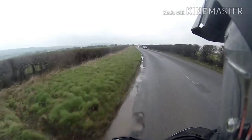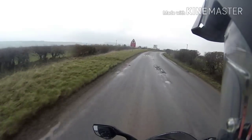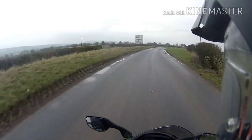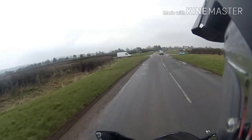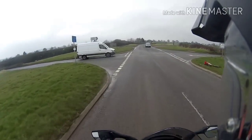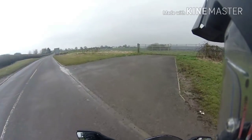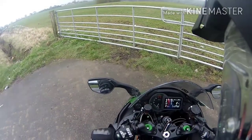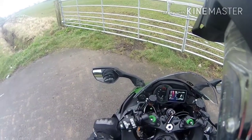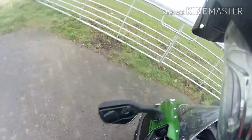So I think what I'm going to do in a minute is just pull over at a little area that I sometimes stop at, which is on this crossroads, just where this gate is. Right, so let's turn that off. Just put the hazards on so you can see the